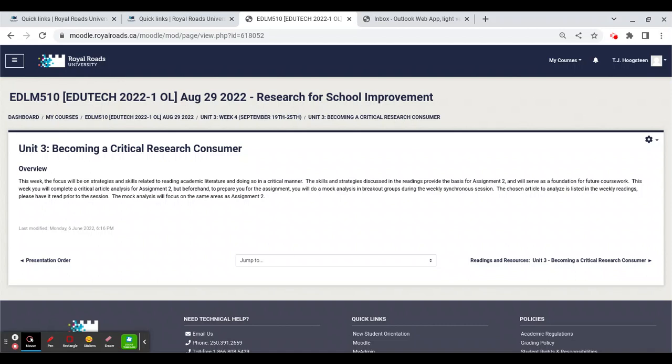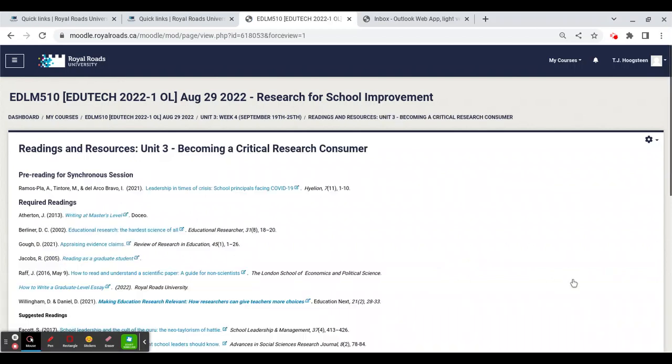Before we get to that part, the initial work at the beginning of the week is to read the pre-read article, and I talked a little bit about that in our last Zoom session. It's in our readings. I'll flip to that in a moment, but that'll be the focus of the mock analysis that we'll do that evening, because I wanted to give you a chance to practice it and talk about it with your cohort.